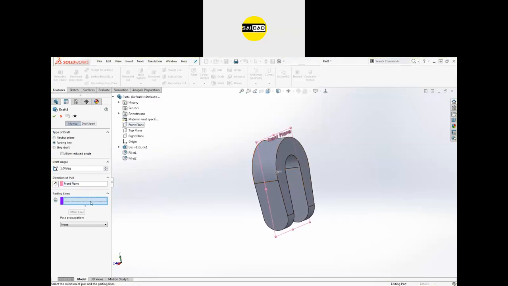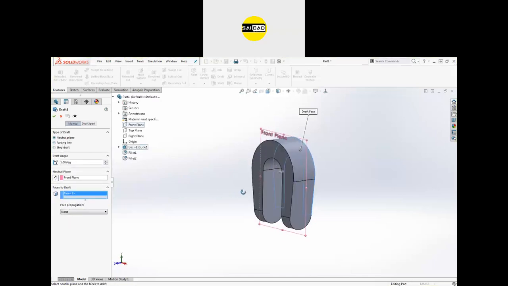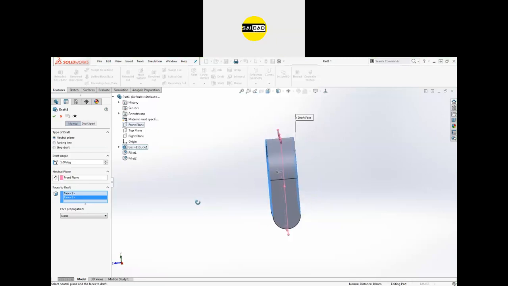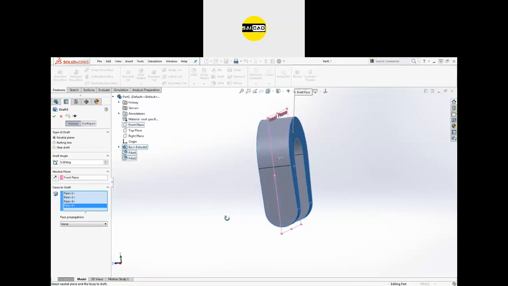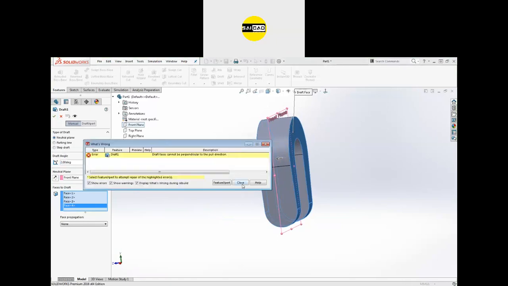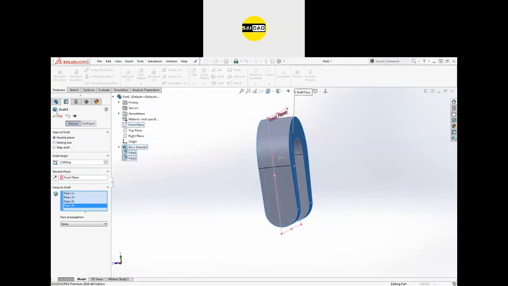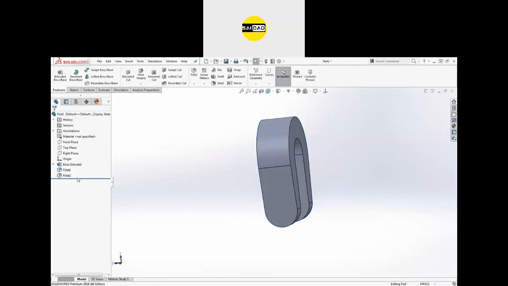Now you can see this is the parting line. Go to the neutral plane, select the face where you want to apply the draft, like that. Okay. If you select these and use the draft to 2 degree, click OK, you will face an arc like that. So in order to create the draft, you just have to create that before the fillet.